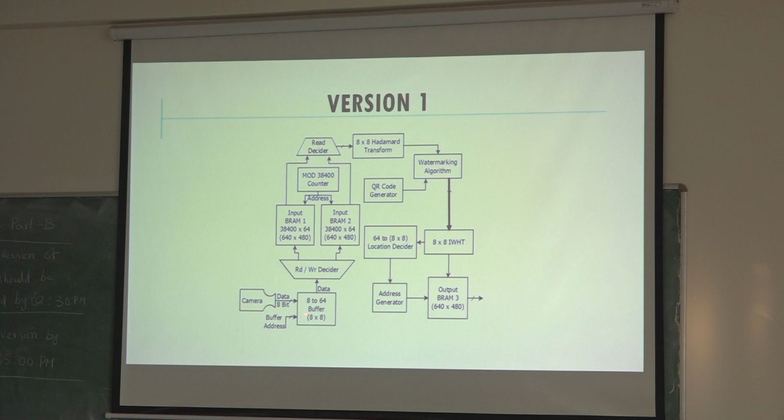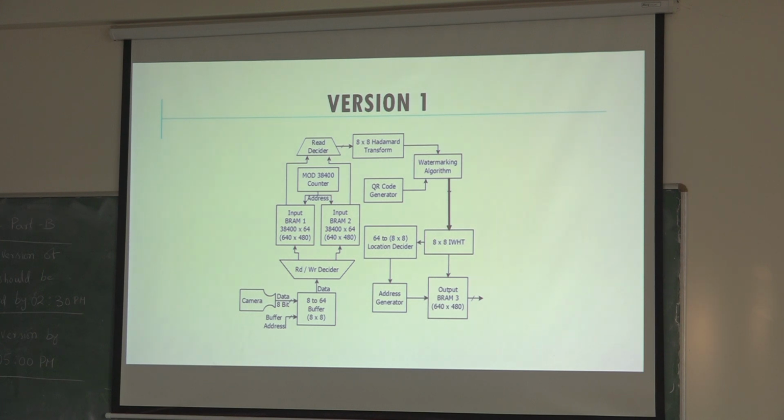But whenever I give 64, this entire frame functionality I have to store it. So when I start storing the entire frame here, the first complete image I'll store here as 64, 64, 64. Similarly, the second frame I'll start storing here. So if I want to store the first frame here, 0 to 38400 is my address location. Those are the address bits I need.